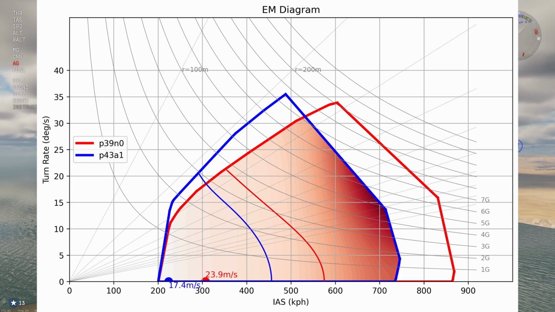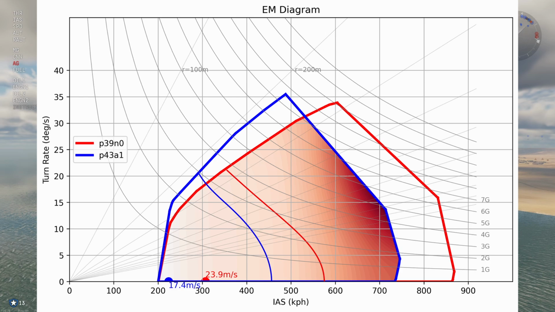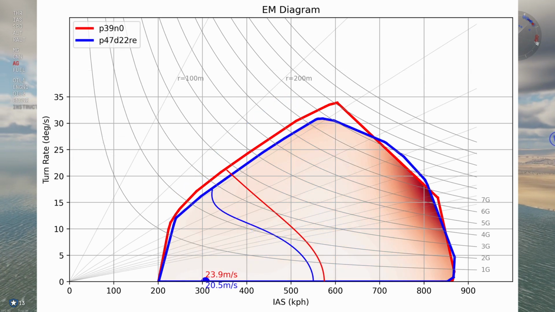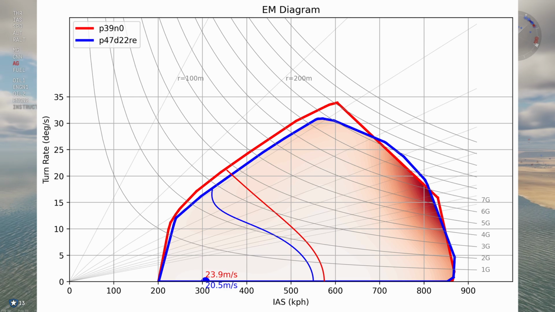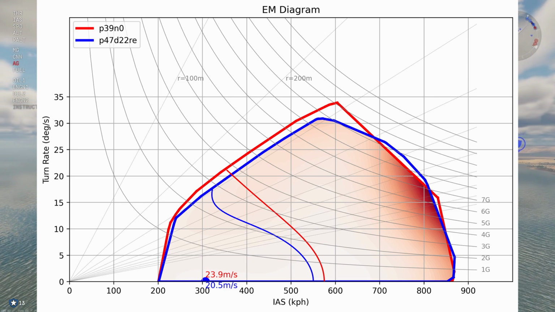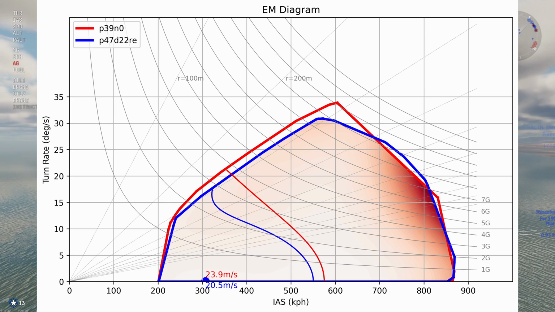The P43 turns tight but doesn't climb that well and is pretty slow, like the F6F but slower. A bit surprising since I kind of assumed that it looked like a P47, so I just assumed that it would fly kind of similarly. And the P47 Razorback is surprisingly not that fast in a straight line, capping out at 550 kph. Its climb is not that bad and definitely workable with altitude and flaps, but it's also not the most competitive